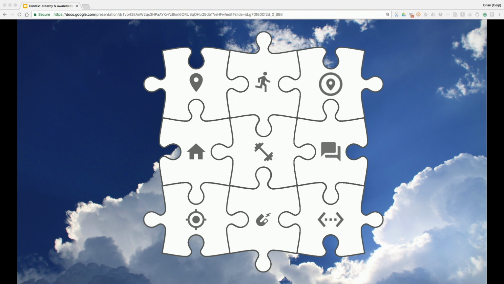This diagram, I stole this slide from last year's Google I/O presentation, shows the symbols for around nine of the APIs that we provide just in terms of location and context related APIs in Android. And one of the things that we do is we tie all these APIs together. We make it possible for you to combine them in a way that's really efficient. And the efficiency that we're talking about here is primarily battery efficiency.